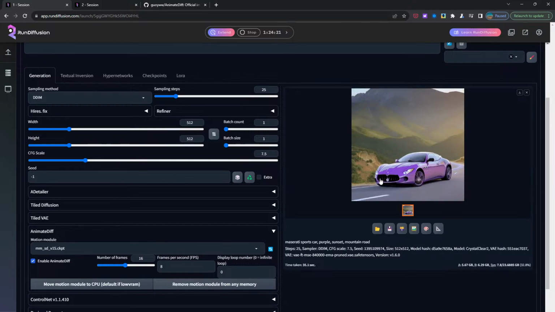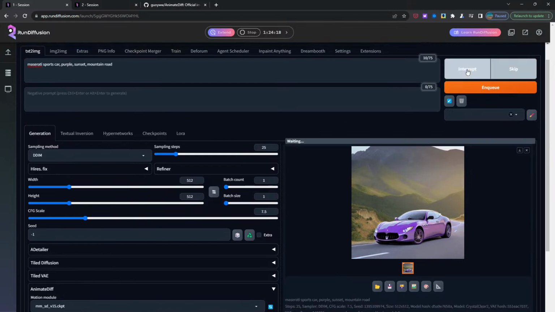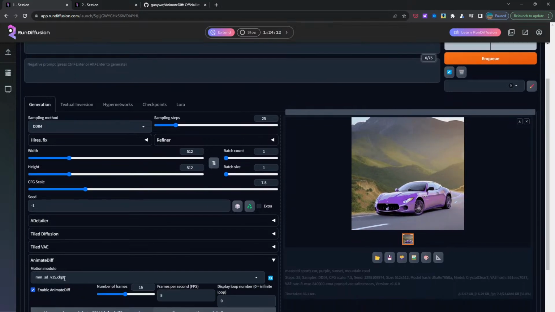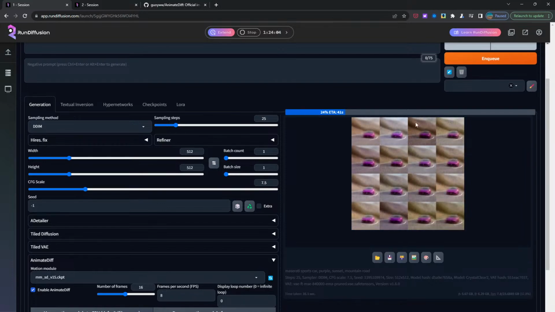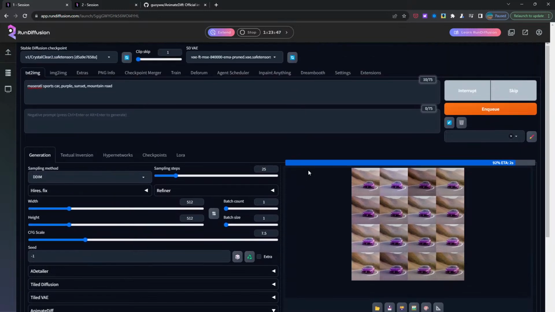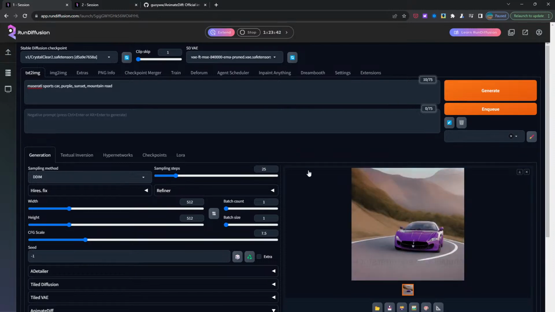Okay, the wheels move. And it's barely inching. Looks like he's going to burn some rubber there, burning out his tires. And then here is 15. Okay. Looks like it's moving a little bit more. You can see it gets closer. But yeah, I think it sits somewhere in between, just generating a normal image and doing a